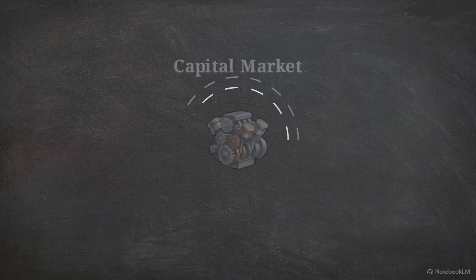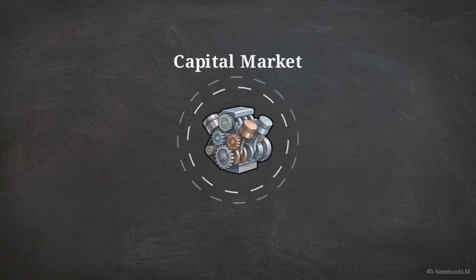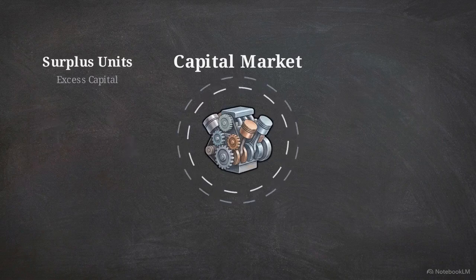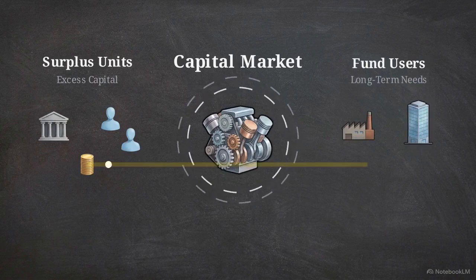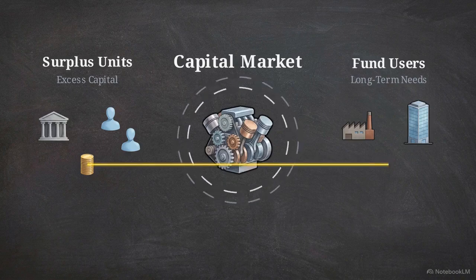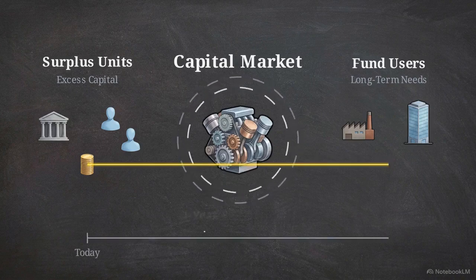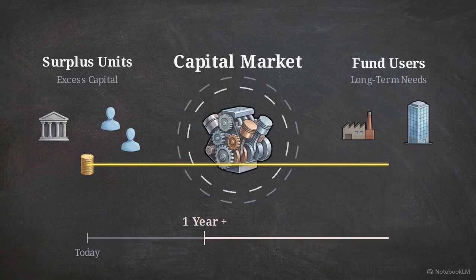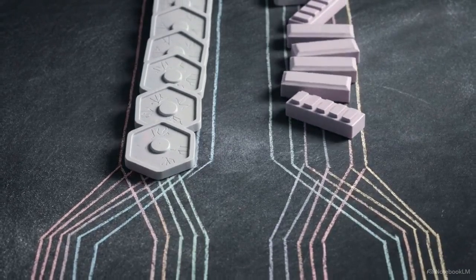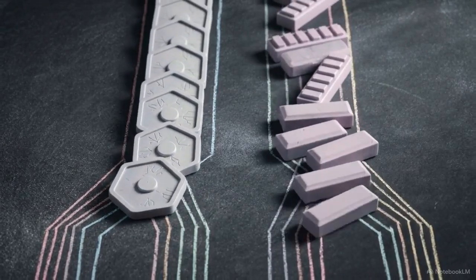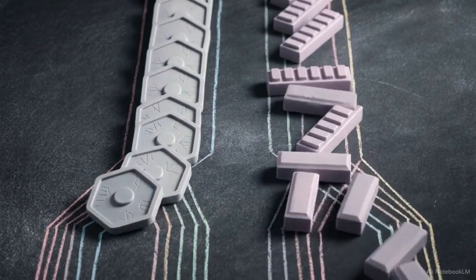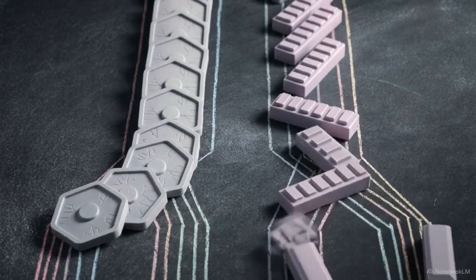A capital market serves one core economic function. It acts as a transfer engine. It moves funds from surplus units, individuals or institutions with excess capital, to entities that require long-term financing, with maturities stretching beyond a single year. This financing operates on two parallel, distinct tracks. Entities raise funds through equity, selling direct corporate ownership, or through bonds, which represent contractual debt.